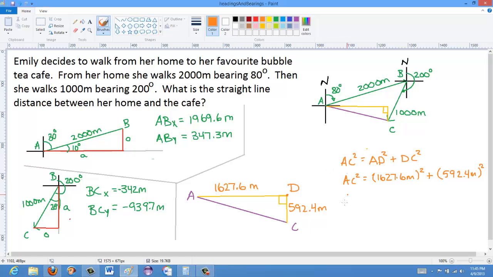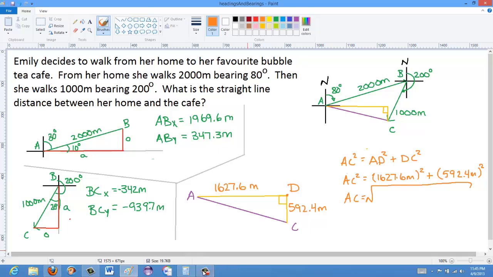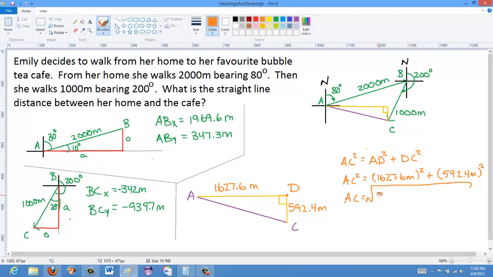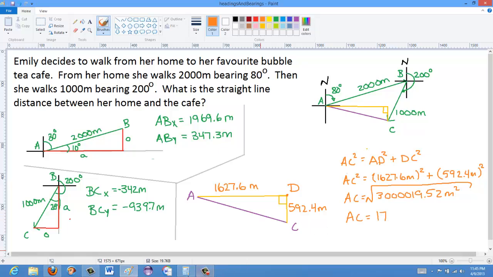Then we can figure out the answer. So AC is equal to the root of, and this number I expect is going to be pretty big, 1627.6 squared plus 592.4 squared equals 3,019.52 meters squared, and so the square root of that. So AC is equal to 1,732